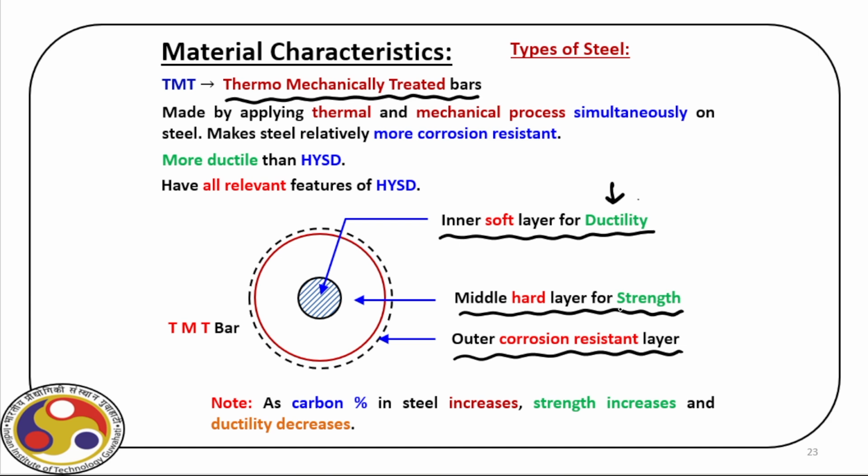Now, in case of steel, it is the percentage of carbon that dictates different properties, for example, strength and ductility. But these are different bars we will use. For us, again, we will use Fe. Then, for example, if we write 415, it represents the strength. So if we say Fe 500, this is the strength of the bar that we are going to use.